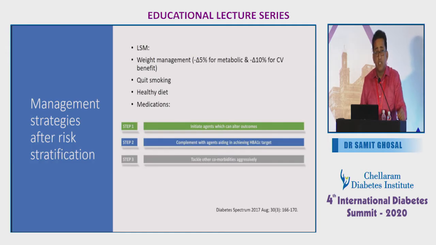Now, from this risk assessment, we have to come and formulate a management plan for a patient. Today, it's completely the other way around. First, choose drugs which secure outcome benefits. Then bring in drugs which help in reduction of blood glucose. Like, I will tell you, a sulfonylurea, a DPP-4, a glitazone can come in as a second, third, or fourth line drug. They should be used. It's not that they are not indicated. But first, secure outcome benefit. Step 1, give drugs which secure outcome benefit. Step 2, complement with agents which achieve the A1C target. Step 3, tackle other comorbidities aggressively: systolic blood pressure, quit smoking, lose weight, as well as lipid management.